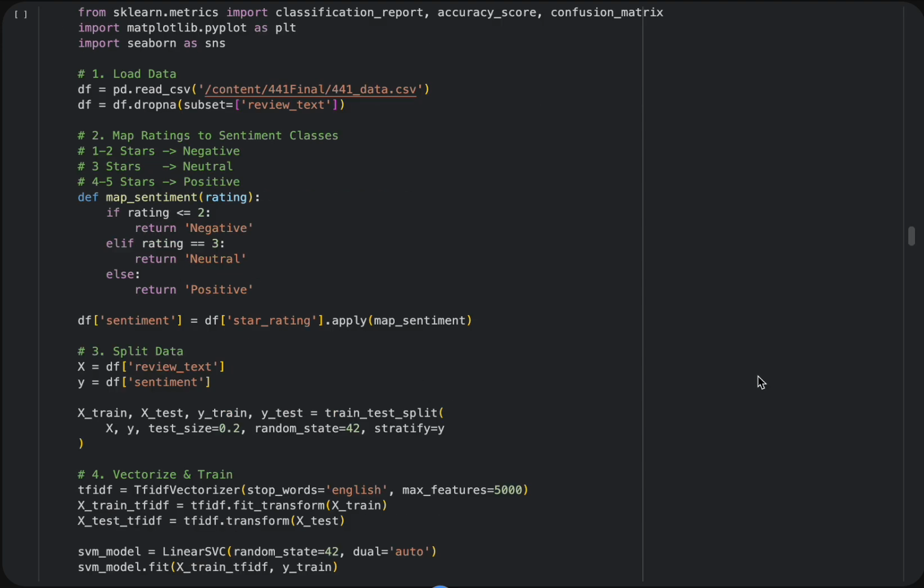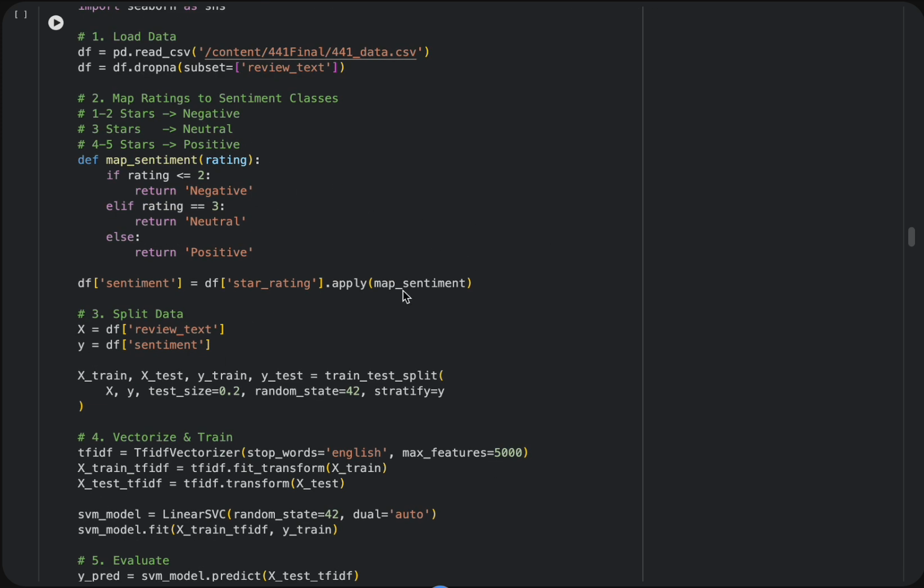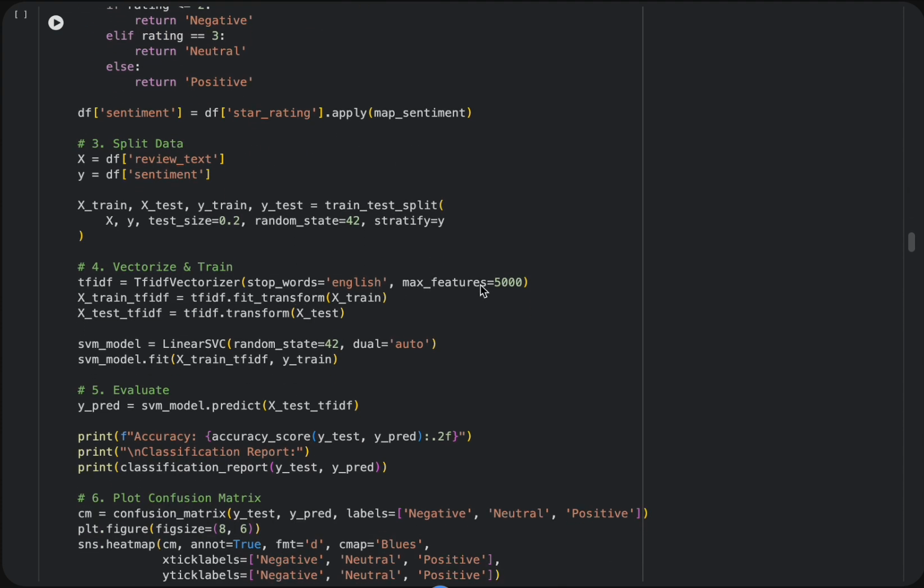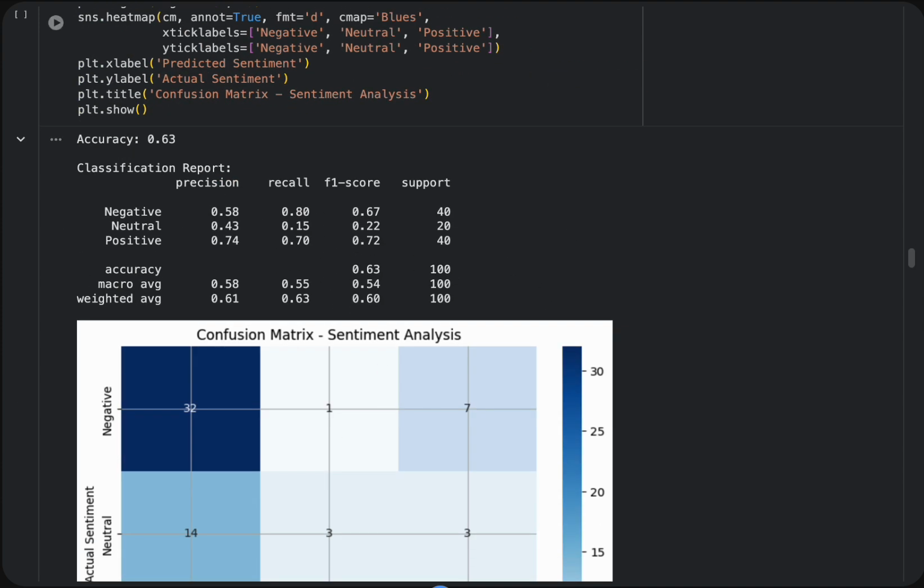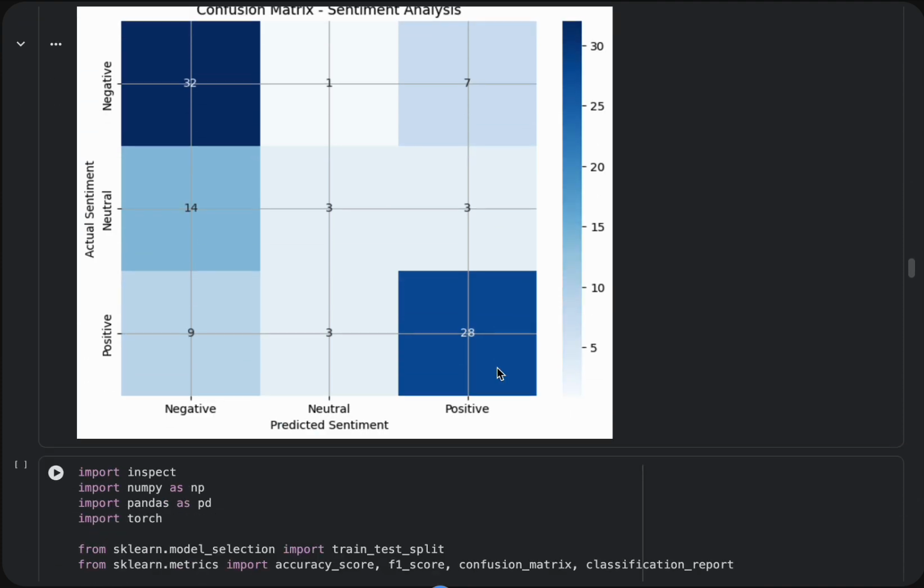Predicting the exact star rating is hard, even for humans. So in the fourth block, we simplify the task. We map 1 to 2 stars to negative, 3 stars to neutral, and 4 to 5 stars to positive. And we train the same TF-IDF plus SVM model. With this reformulated task, the accuracy improves to about 63%, showing that predicting overall sentiment is easier than predicting the